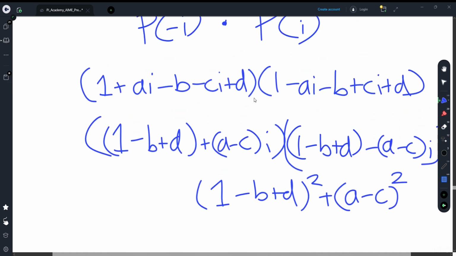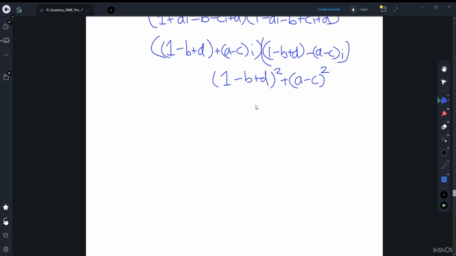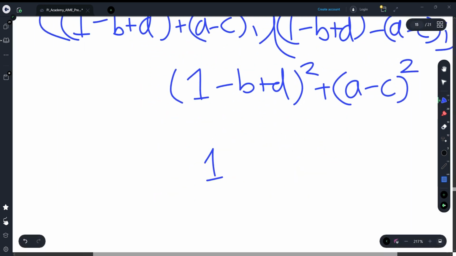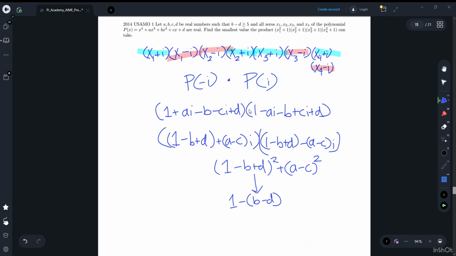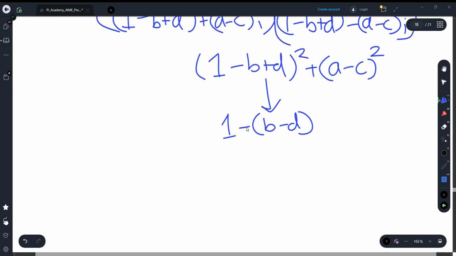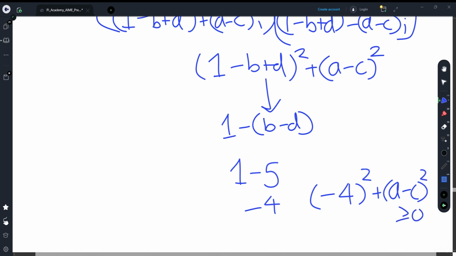So now we have to use our condition that b minus d is greater than or equal to 5. And this is just 1 minus b minus d. And b minus d is greater than or equal to 5, so the smallest value you can take is 5, so 1 minus 5, which is negative 4. And so negative 4 squared plus a minus c squared. And all squares have to be greater than or equal to 0, so the smallest value that's going to attain